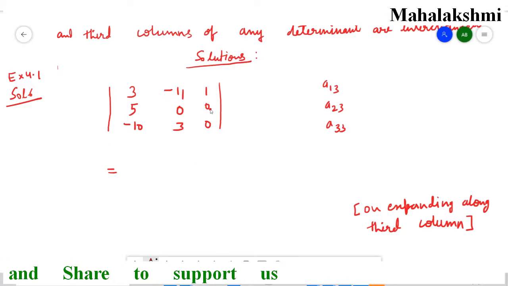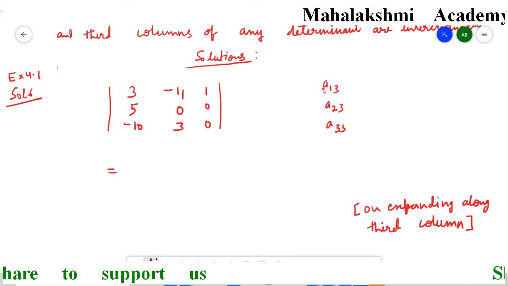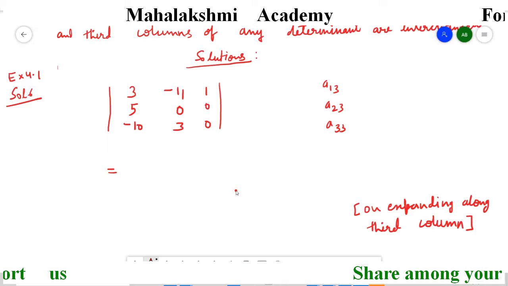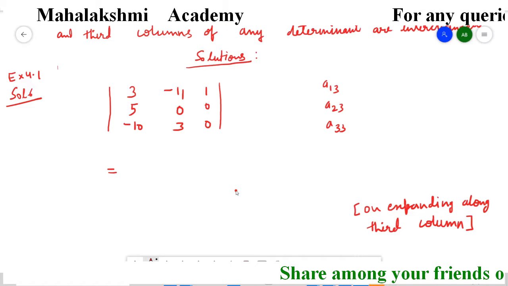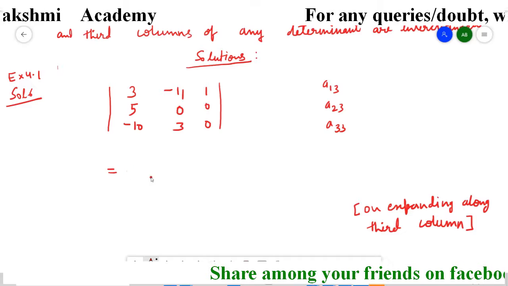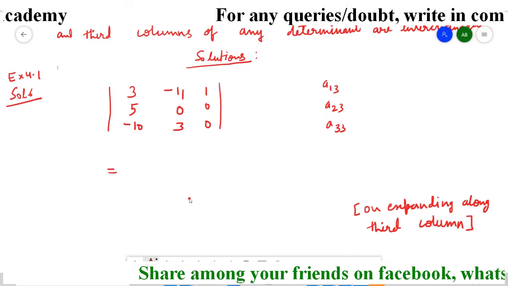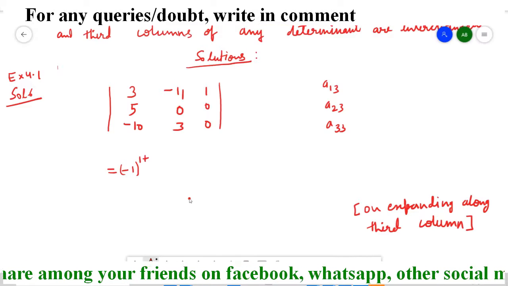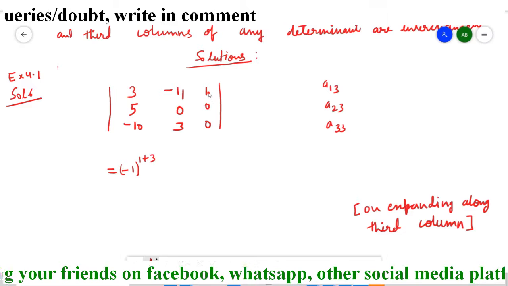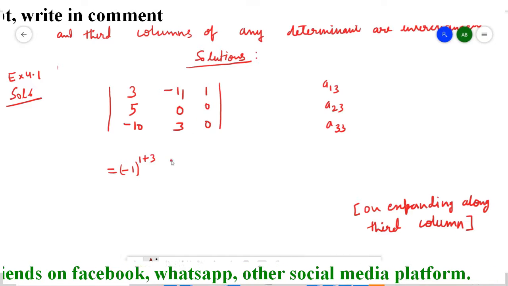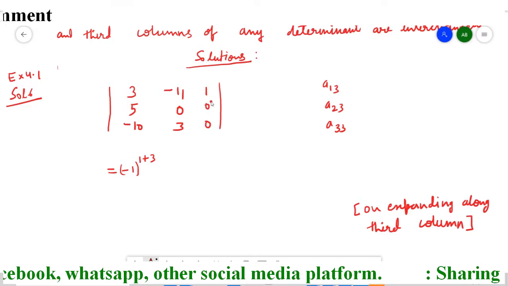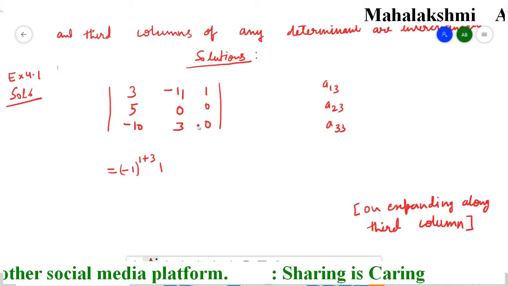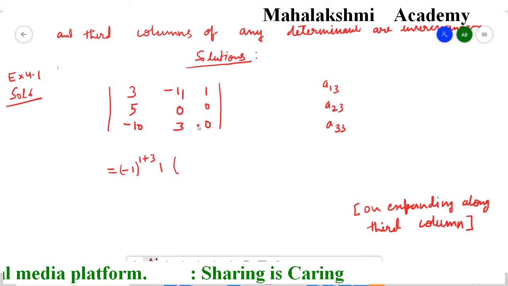So to expand it, first we have to write down the cofactor of it. So first the number 1 is there. Before that we have to write this formula, minus 1 to the power 1 plus 3, because students, the number we have to multiply by the cofactors, and in cofactors this we have to write down, and then the number is our 1 and the cofactor, that I am going to calculate here.